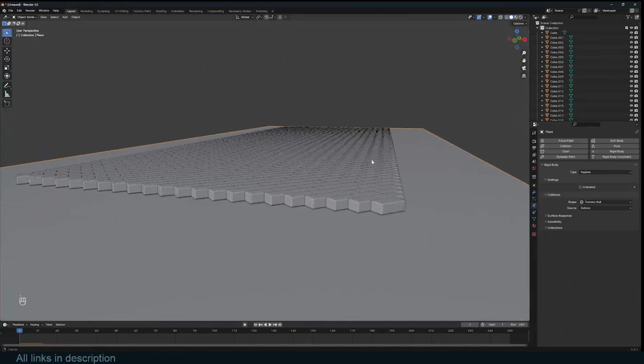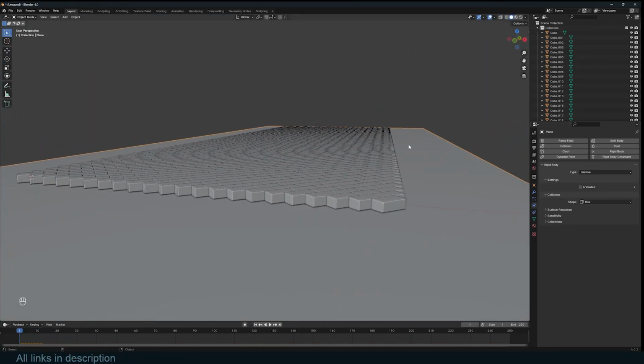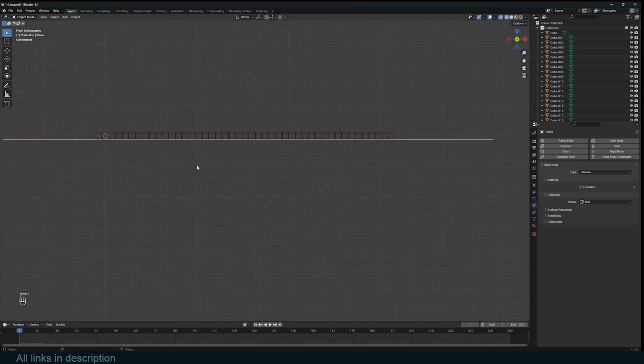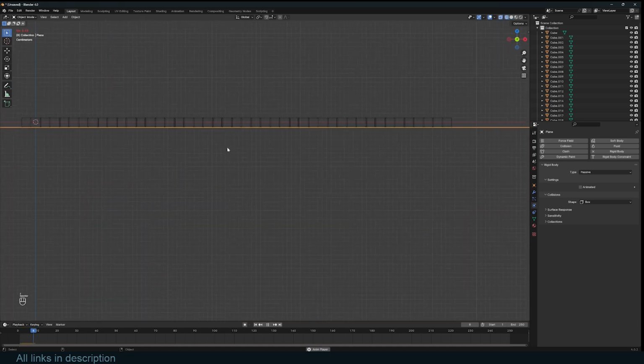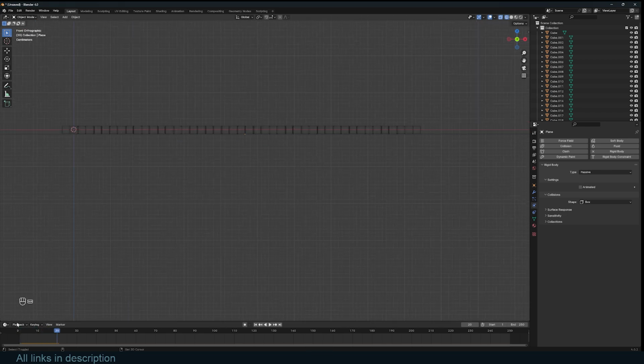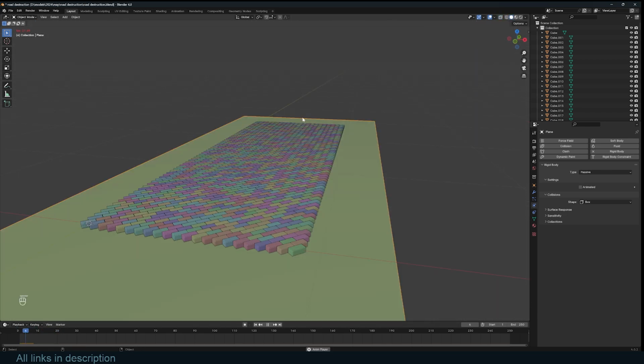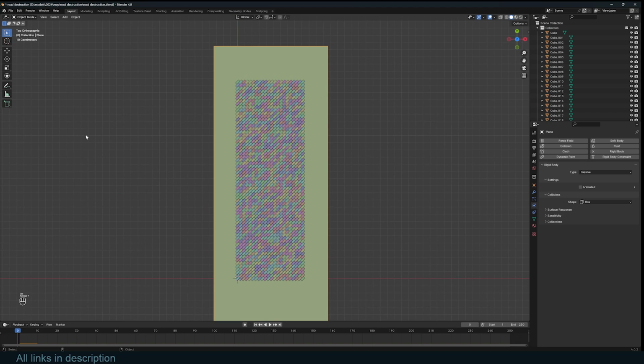So let's make a few changes. I'm going to change this to box, which is a faster collision shape. And you can see now we are getting better results, and these are not exploding. Our simulation is quite stable as well. That's what we have. Now another thing I want to do is create a destruction force that goes through this